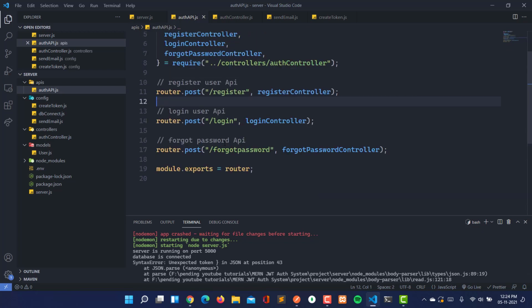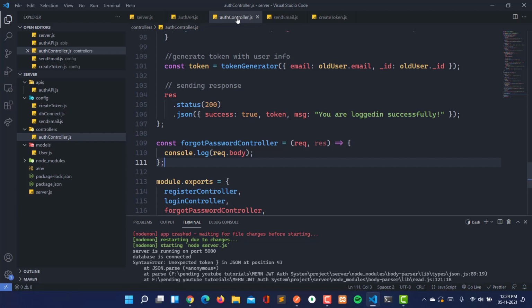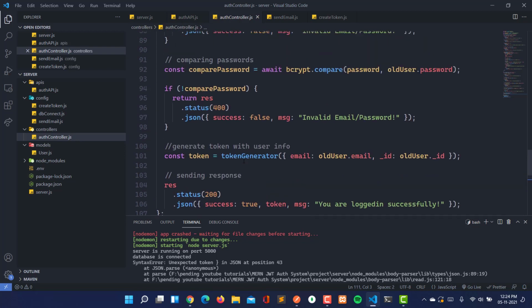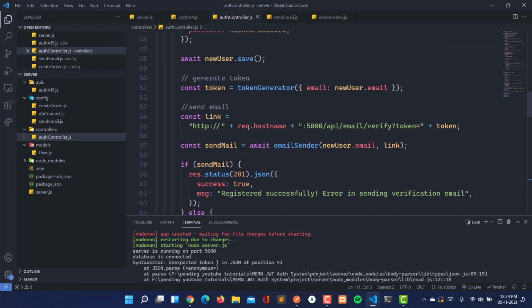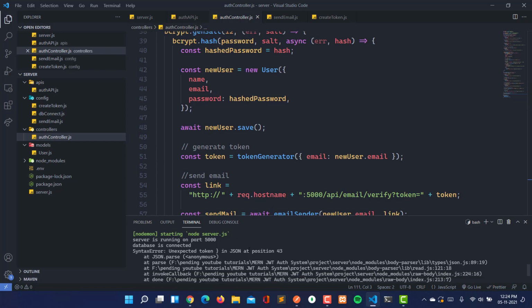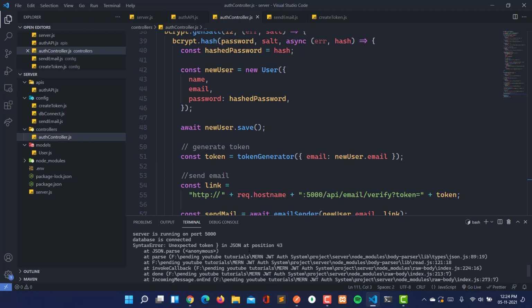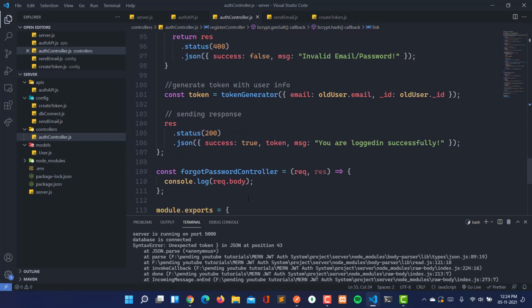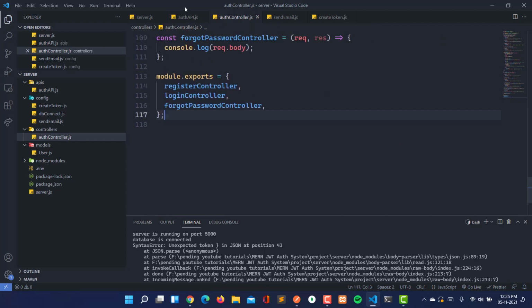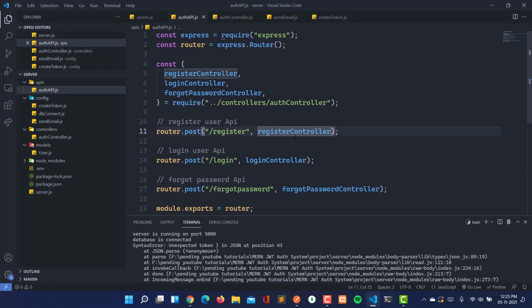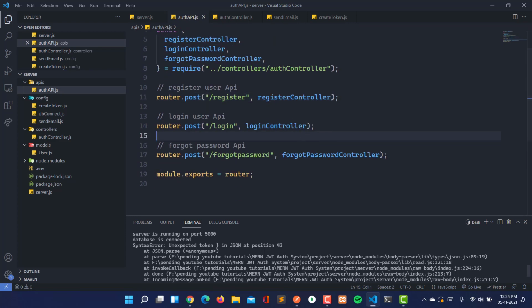So let's see the 43rd position in the auth controller. Where are we getting the error? This is okay, and this is also okay. So everything is okay.